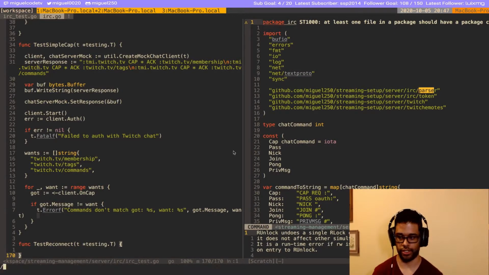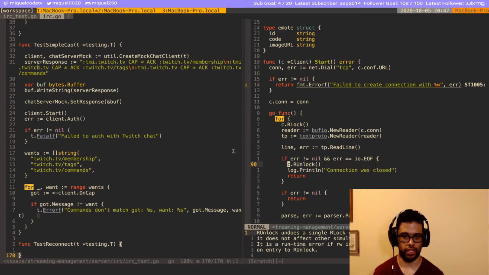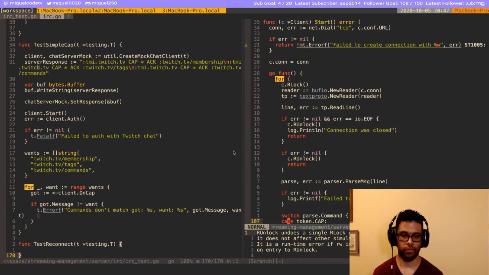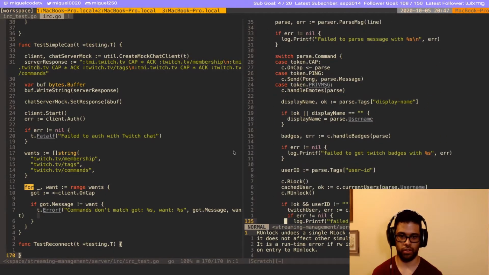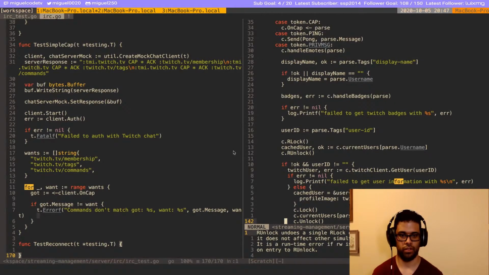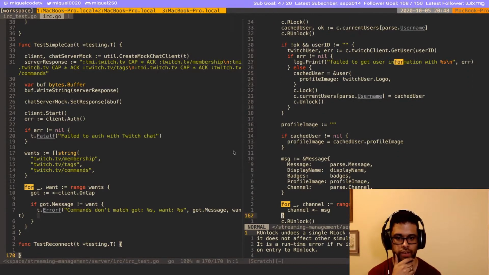One thing I noticed is that we also have to release a lock here and here. Okay, cool. So now we have a lock. Let's see if this works.